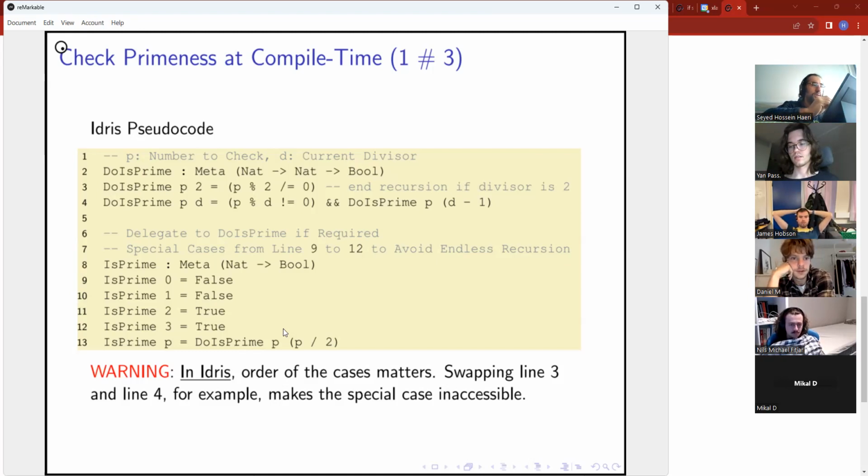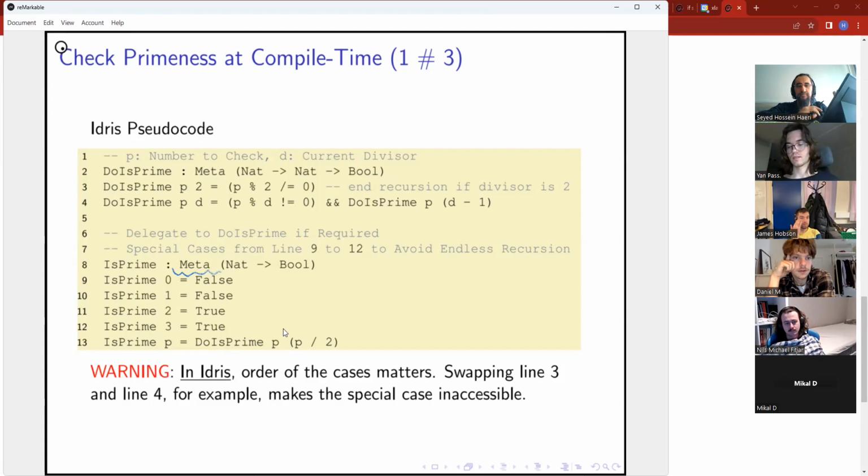I'm putting this here because I'm trying to say that we want this to happen at the meta level, right? But this is my syntax. This is not Idris, right? So I'm trying to enforce that this entire computation needs to happen at compile time.